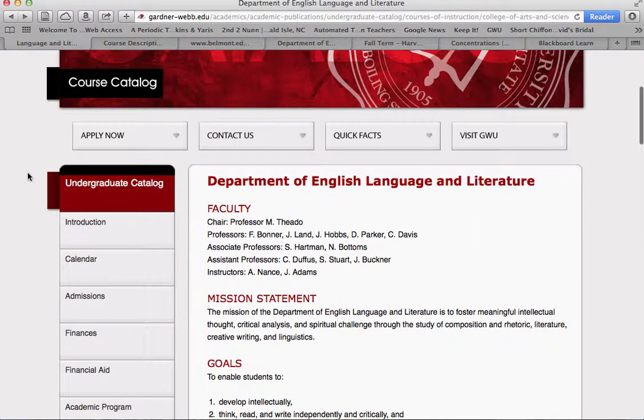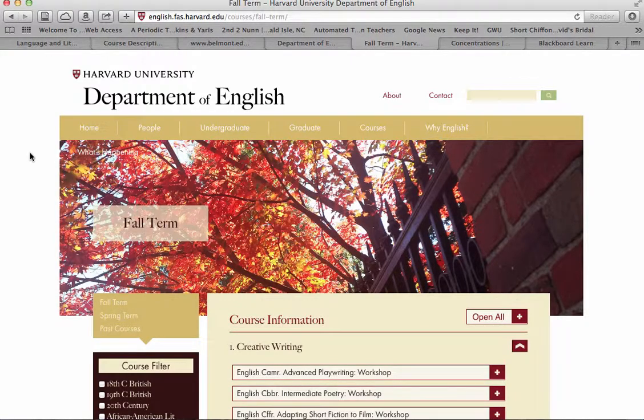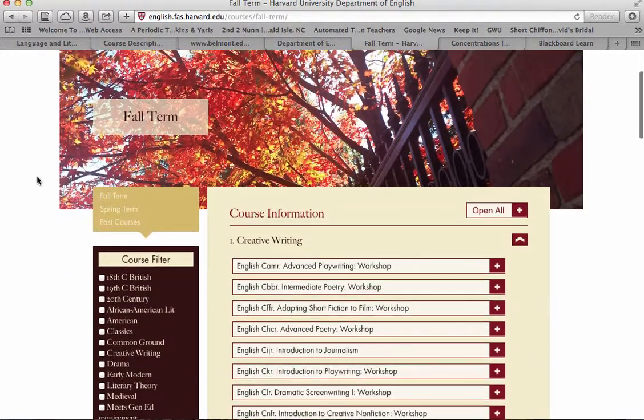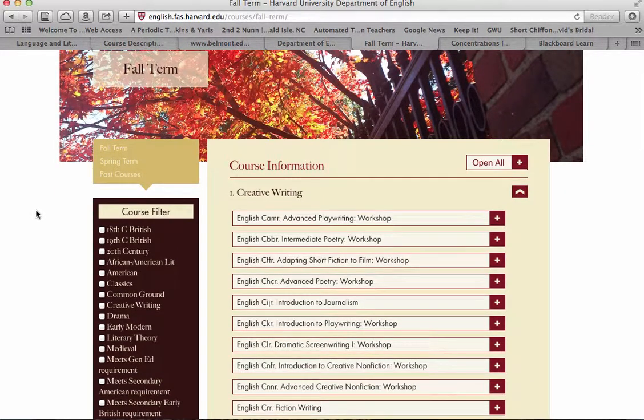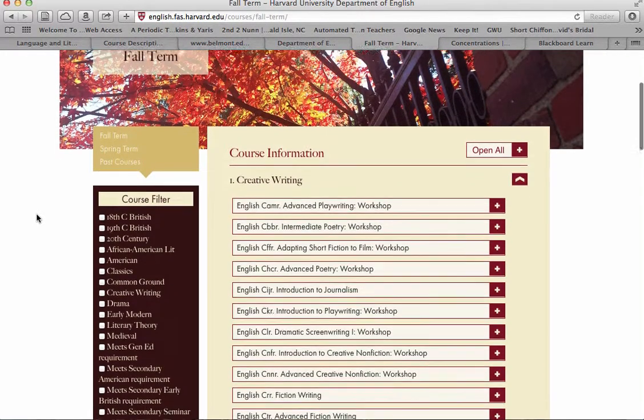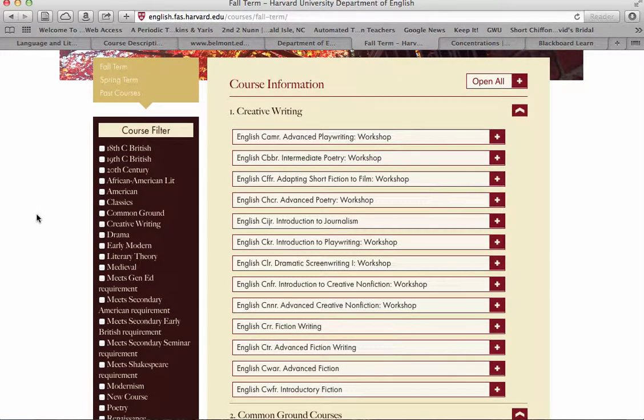Department of English Language and Literature versus Department of English. Now, what's interesting about Harvard is they have concentrations. That's what they call, I guess, what we would consider your major. And what it seems like, based on a very superficial glance at their website, is they encourage multiple concentrations and very interdisciplinary programs, almost discussing how you can specialize and create your own degree, essentially, and course of study, which is very interesting.